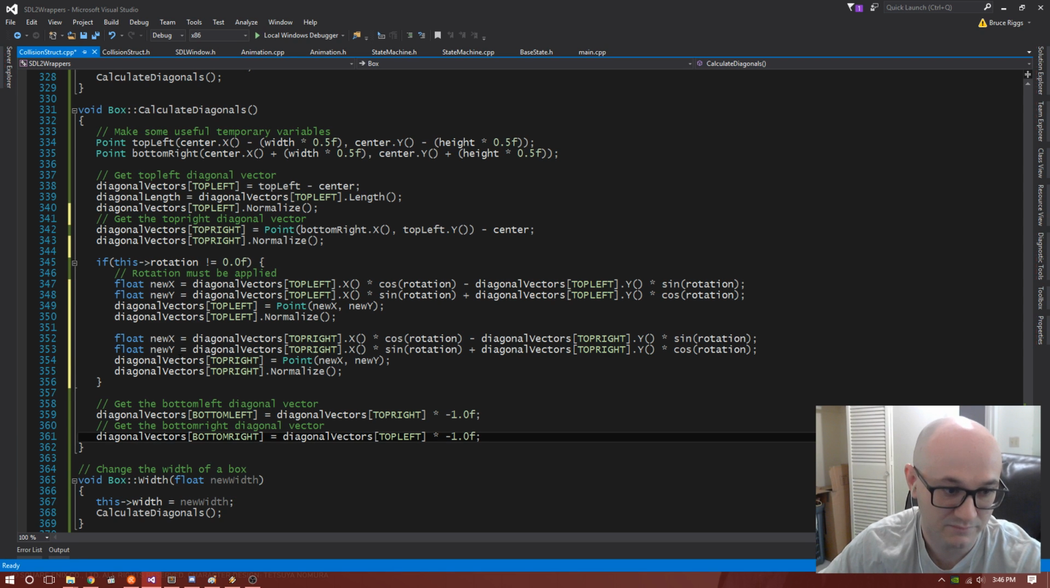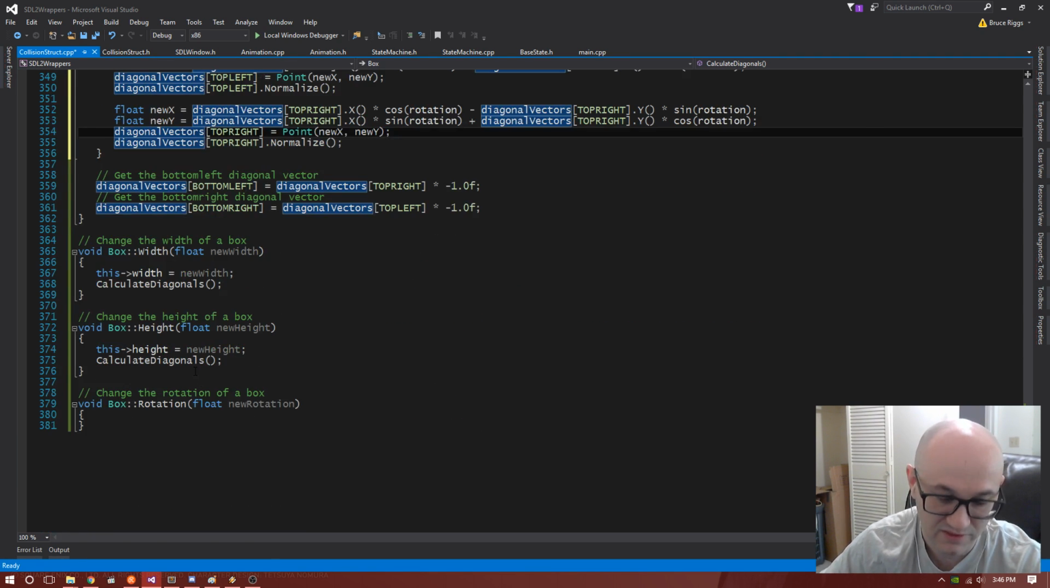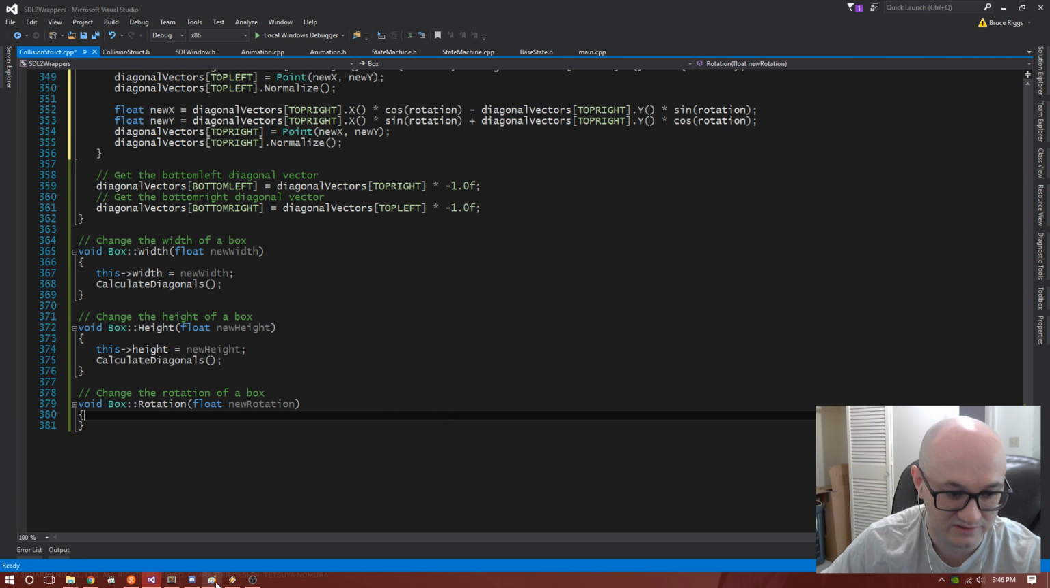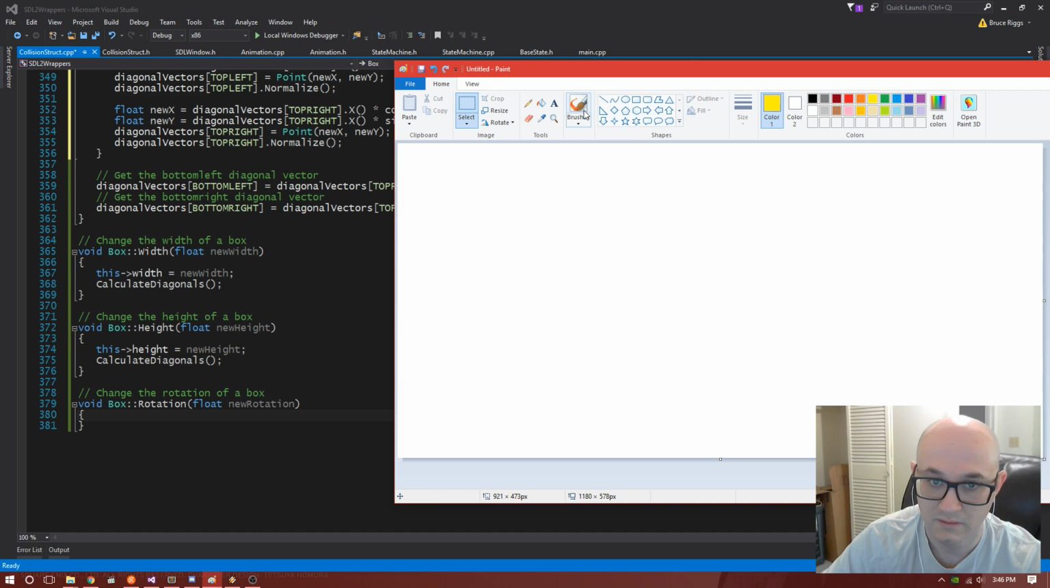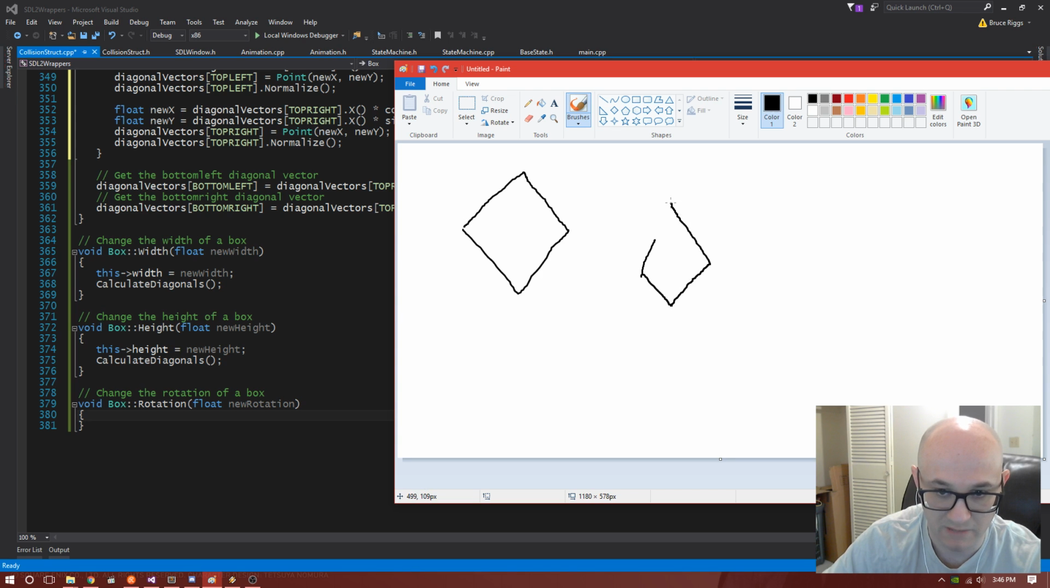One problem down. Change the width, you change the height, I calculate the diagonals. So now the question becomes, what happens when you take a box, you take a box and you rotate it to be... I'm a horrible artist. Pretend this is a different rotation. So this is like 90 degrees. And we'll say this is like 95 degrees. So if you rotated it by 5 degrees,